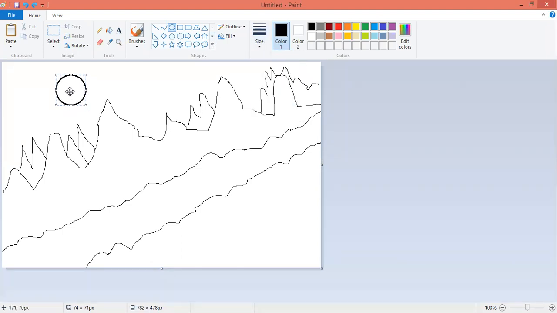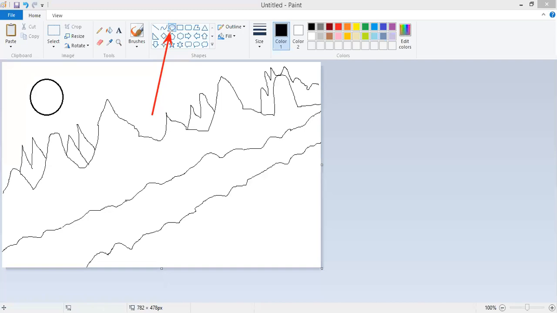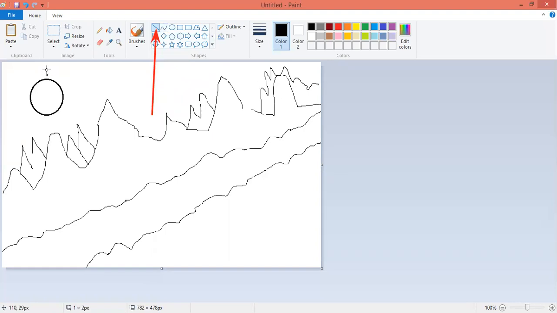Okay, now we draw this sun. We know the color of the sun, but before doing that we are again going to the shapes. What shape do we have? We pick the shape circle. Now for selecting rays, we are selecting the line option. Where are the lines? This one line is there. So see this one.